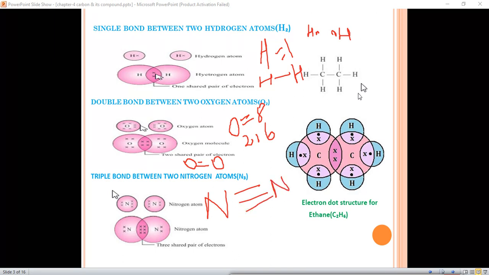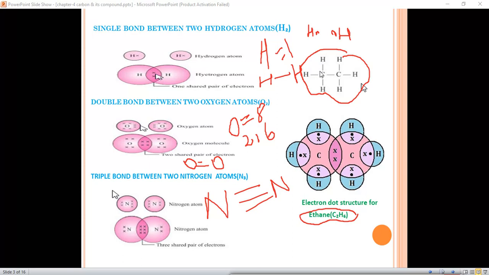Okay. Now we'll discuss the electron dot structure of ethane. So what is the formula of ethane? C2H6, and it is an example of a saturated hydrocarbon, means it contains single bonds between carbon-carbon atoms. We can see the structural formula of ethane. 2 carbon atoms with 6 hydrogen atoms. Each carbon is bonded to one other carbon atom and 3 hydrogen atoms. This is the electron dot structure, in which one pair of electrons is shared between the 2 carbon atoms and the other electron pairs are shared between the carbon and the hydrogen.